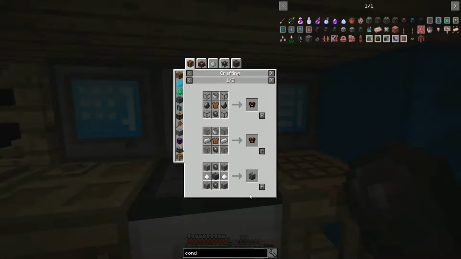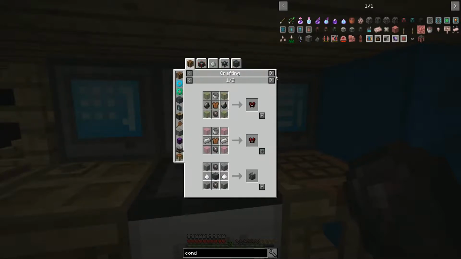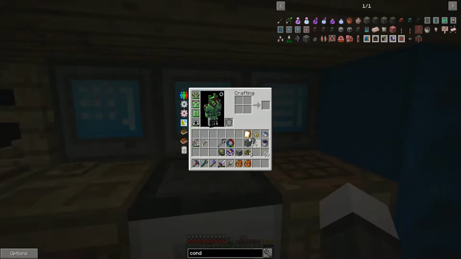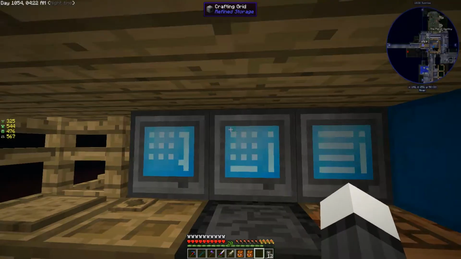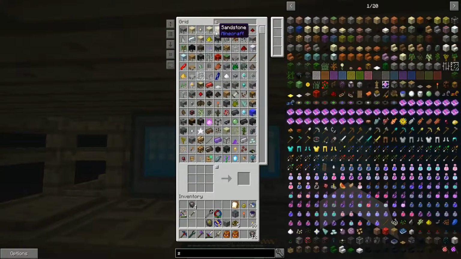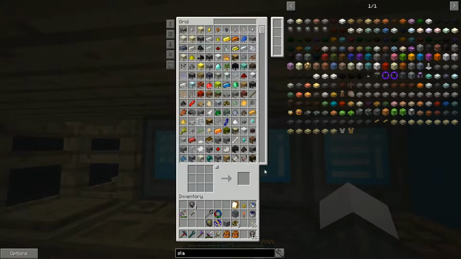Okay, so we want to use this guy. So this guy here is going to be used to make... Oh, where's the basic rune? Blank rune. So we need 2 per each one. So we want to make 4. So let's put 4 away. So that'll make me 6 runes. Do I have any slates in here? I do not. That's okay. So we want to make...